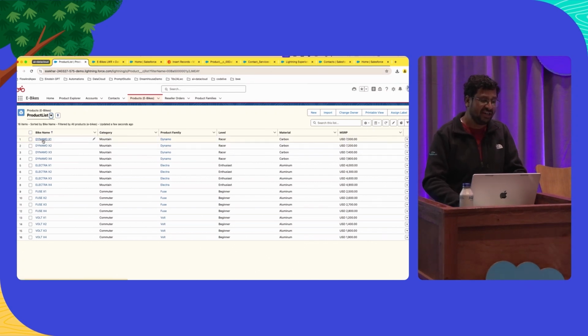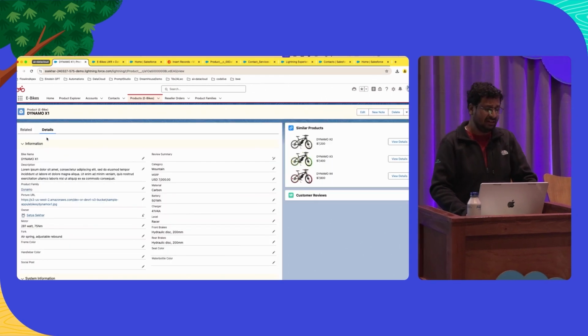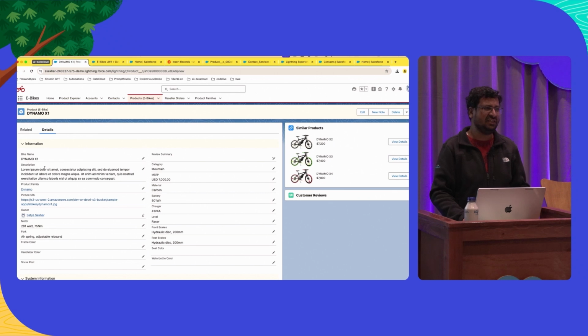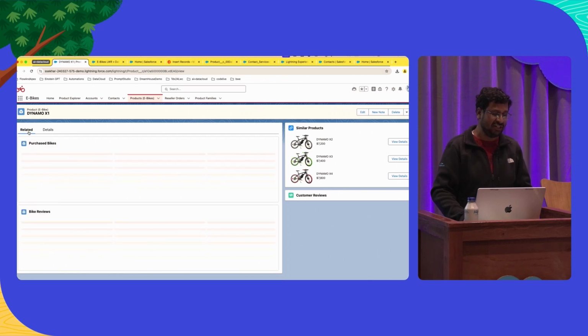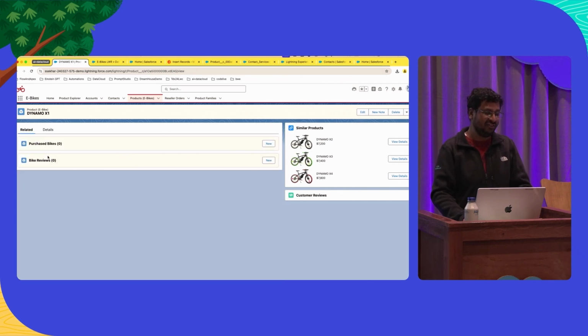And then if we get into one of the e-bikes here, you can see the details of the e-bikes, nothing so special. It's all Salesforce, the same kind of user interface here. And when you get into the related tab, here is where you can see the purchased bikes. There are no purchased bikes for this particular contact, but you can find a few purchased bikes here,